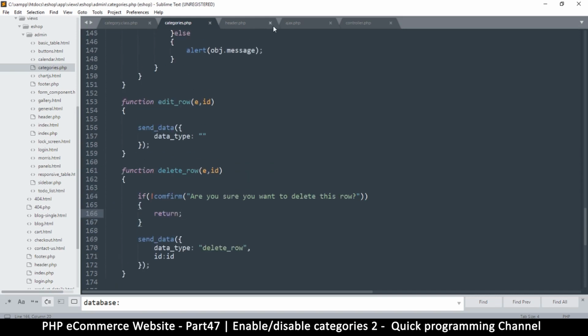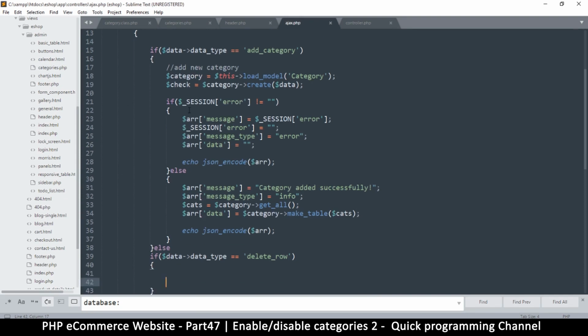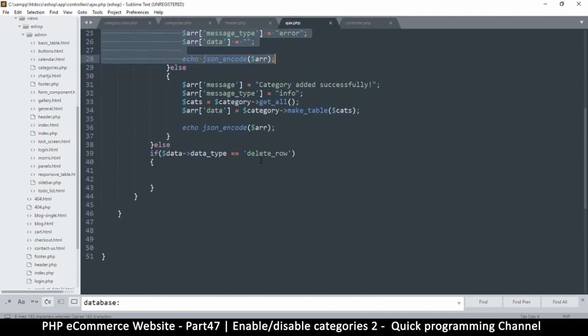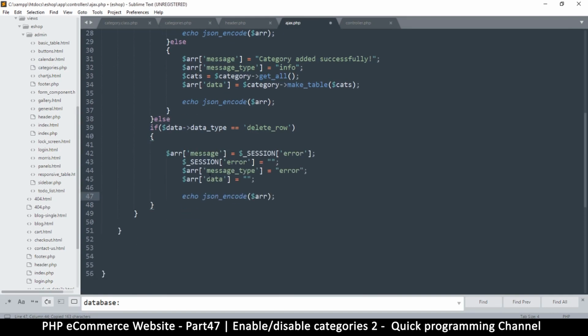Let me come back here again to the Ajax so that we can finish. Now, as you can see here, in the Ajax here, we return this. This is what we're returning. So I want to copy this format and put it here so that we return a similar kind of data for consistency. So if there was an error, obviously it will be in there, and session, okay, message type is going to be info, and then the data will be, okay, so let's create a message